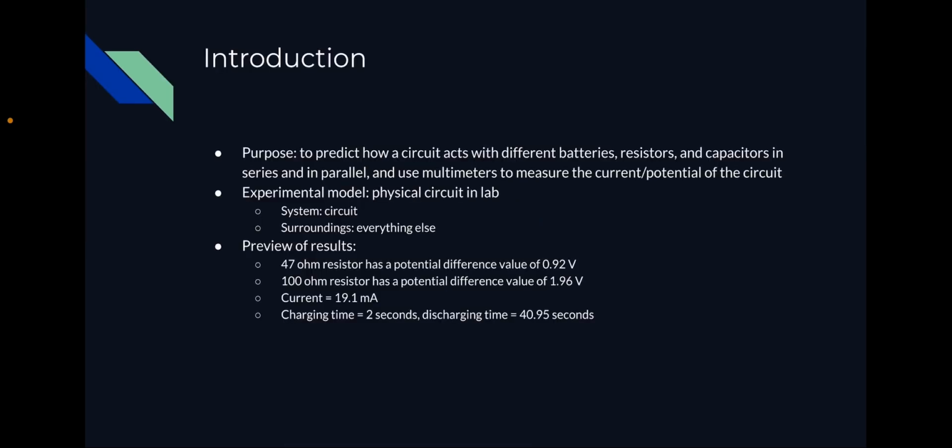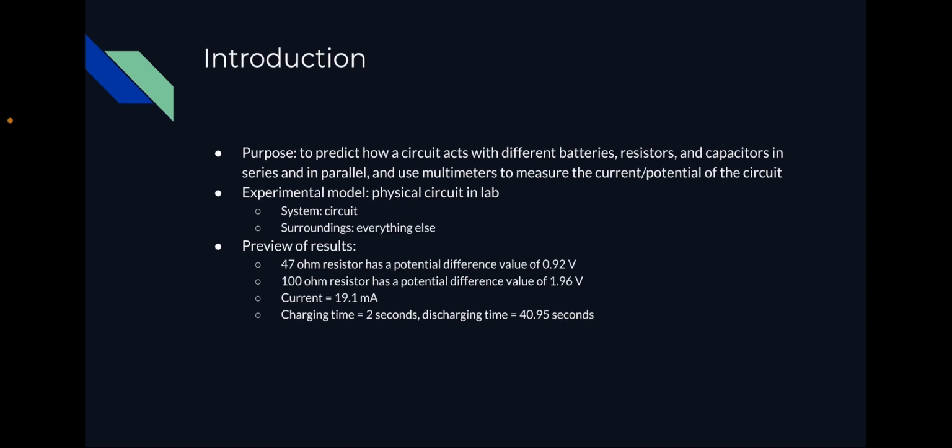So firstly, what is the purpose of this lab? The purpose is to predict how a circuit acts with different batteries, resistors, and capacitors in series and in parallel, and use multimeters to measure the current and potential of the circuit. The experimental model was the physical circuit in lab, in which the system was the circuit and the surroundings was